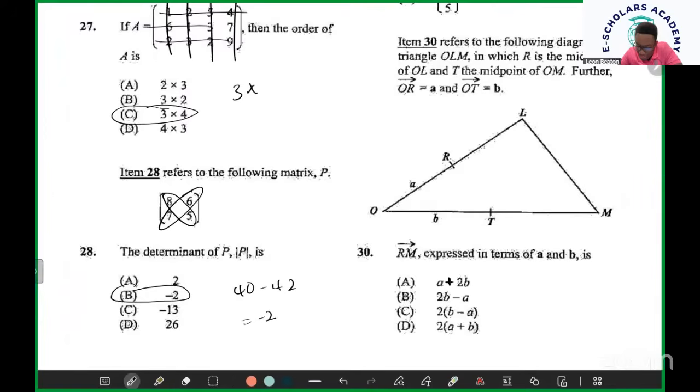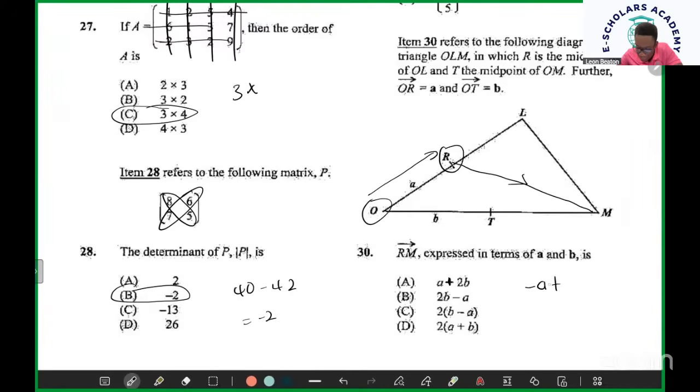So let's go to RM. RM is expressed as a force. I have to read this here, right? But we know R is the midpoint, T is the midpoint, and so on. So RM, where's RM? R to M means we move from, well, let me see what A is. A is from O to R. So if you want R to O, we have to go -A